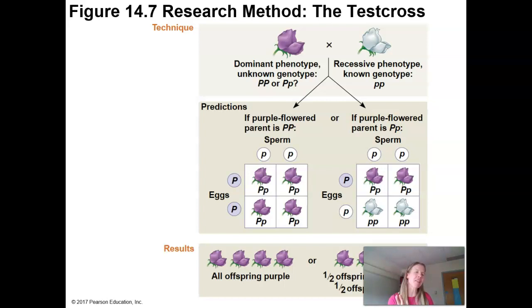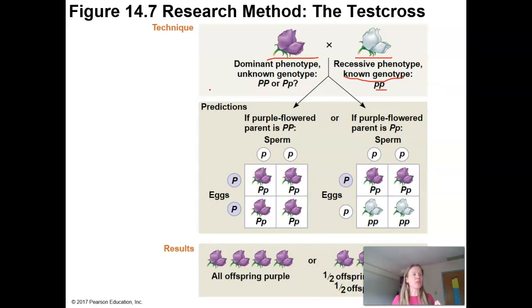One of the things you can do is what's called a test cross. So if you have a purple flower, the cool thing with having the white flower, the cool thing with having the recessive trait show up in the phenotype, is you know the genotype, right? The only way to get a white flower is 2 recessive traits. The dominant phenotype, the purple flower, you don't know. Is it a homozygous dominant plant or a heterozygote? And so this is kind of a neat way to do this.